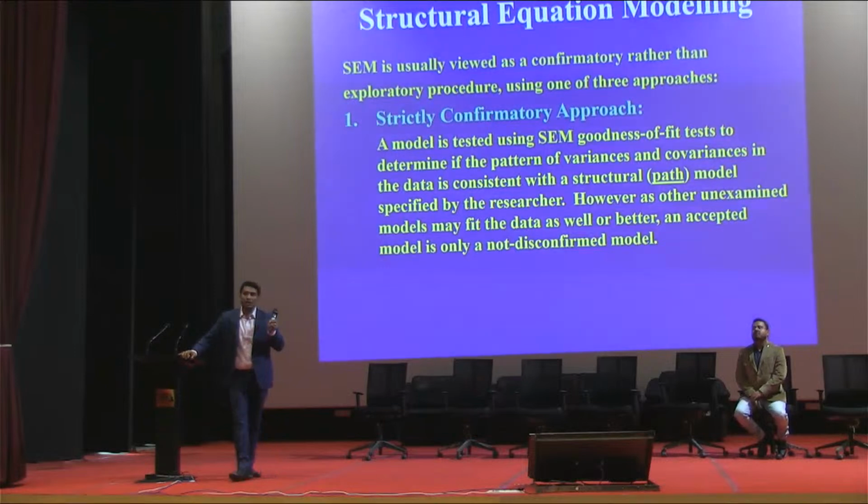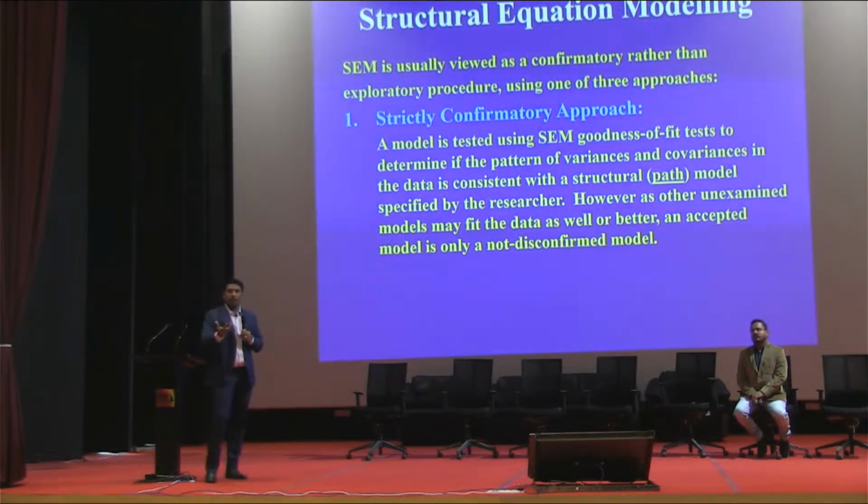When we come to confirmatory factor analysis, the main difference between confirmatory and exploratory factor analysis is that here we now know which observed variables would converge into one single factor. So we model it accordingly. We model all those observed variables into one factor, and we are now checking whether those four or five observed variables are actually loading on that one construct or not. So that's the basic